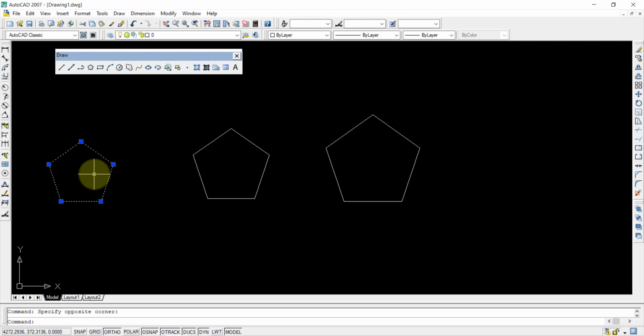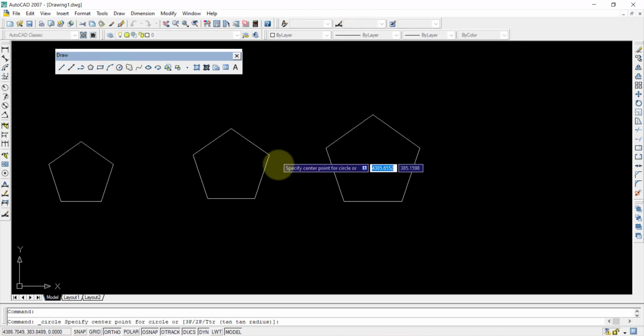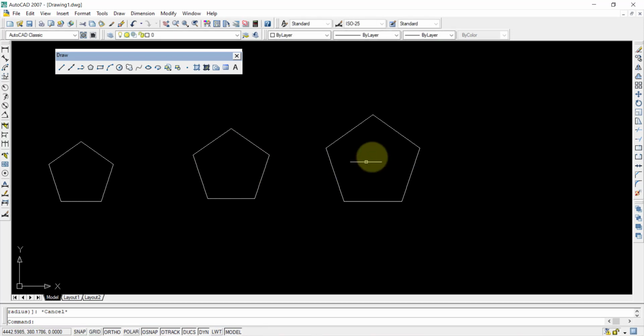So this is a 25 mm side, and this is inscribed in a circle with 25 mm radius. If I draw a circle which joins all these corners, then it will be inscribed in a circle. Whereas coming to circumscribed about a circle, that means the incircle is here, and along this incircle we are having this polygon. Therefore this is the highest side.